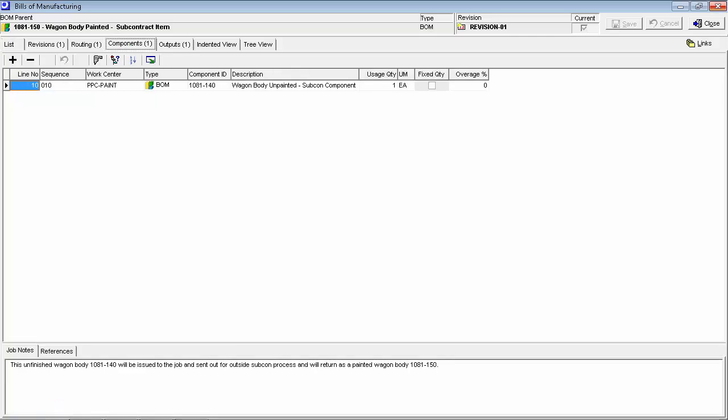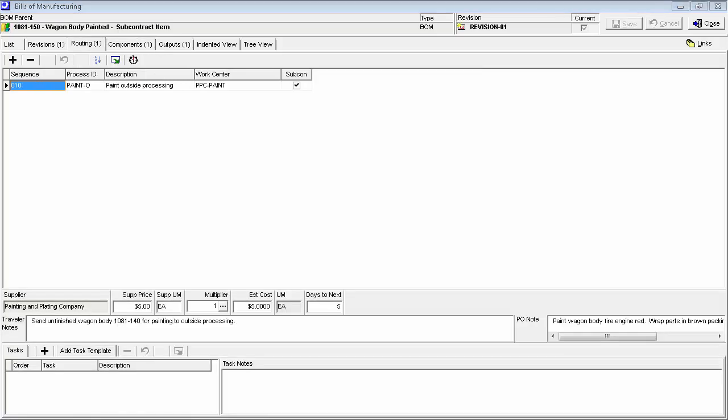Here on the Components tab, one component has been specified for the painted wagon body, which is the unpainted wagon body. Here on the Routing tab, a process has been defined for outside painting. The process is assigned to our sample subcontractor work center. Down here we see the supplier